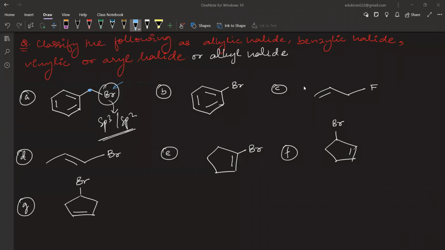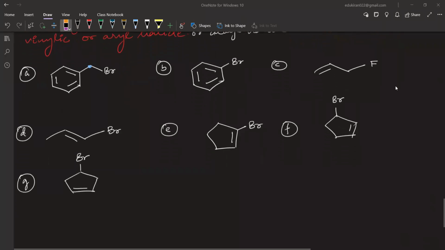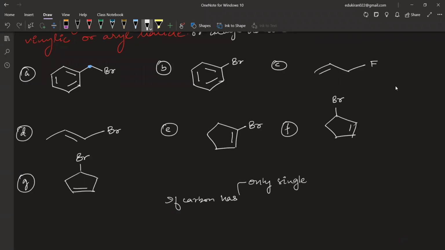Oh God, guys, you need to revise hybridization also now. If carbon has only single bonds, then it is sp3. If it has one double bond,